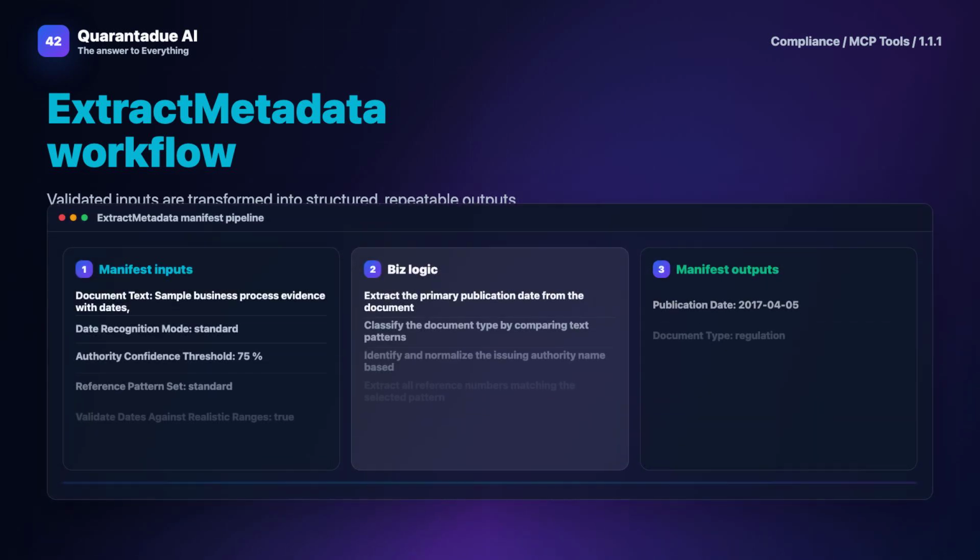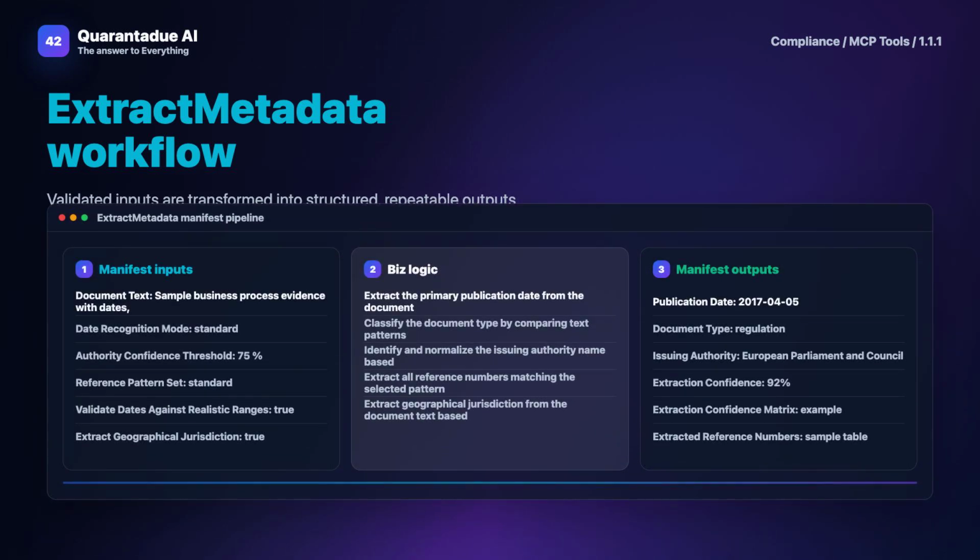The workflow then applies: extract the primary publication date from the document text by analyzing date patterns, proximity to titles, and contextual indicators, then validate against realistic date ranges; classify the document type by comparing text patterns against known regulatory document categories, and selecting the best match with sufficient confidence; identify and normalize the issuing authority name based on frequency